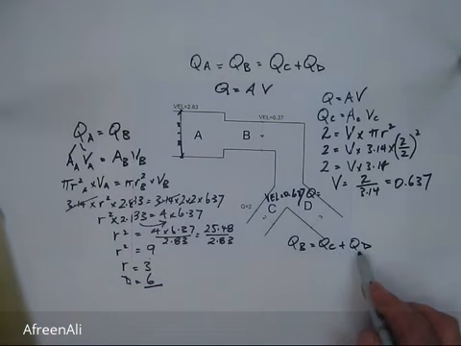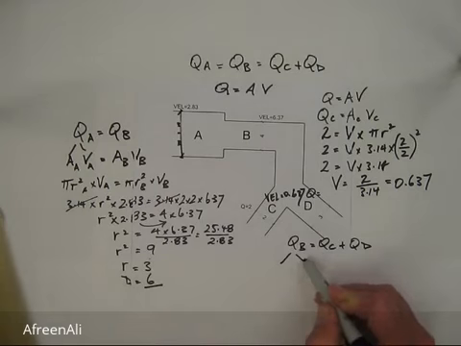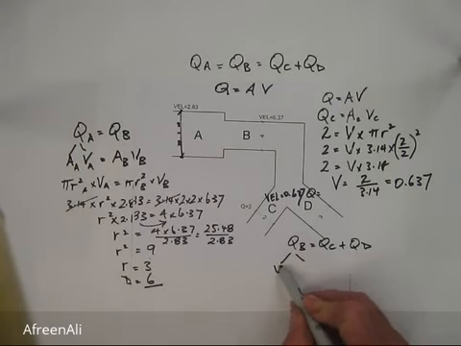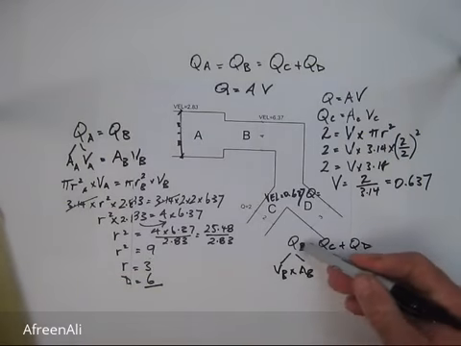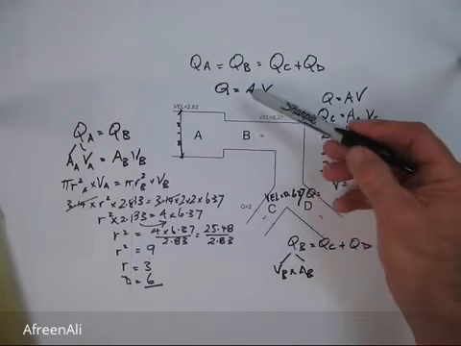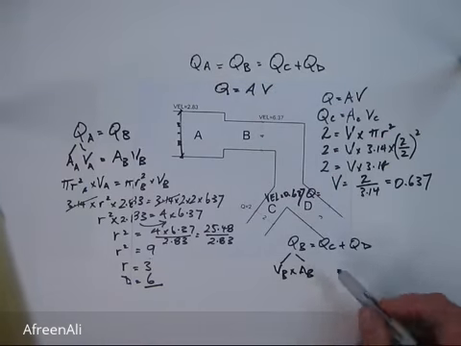The sum of the flow rates at C and D is the flow rate at B. So the information we've got here for B is that the velocity of B multiplied by the area of B is equal to the flow rate at B. So the flow rate equals area times velocity, and